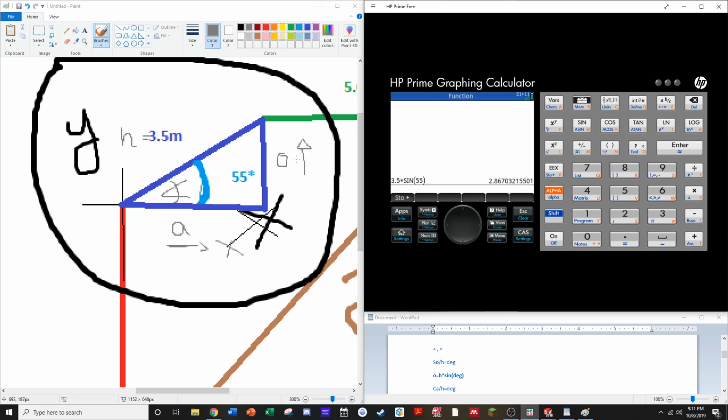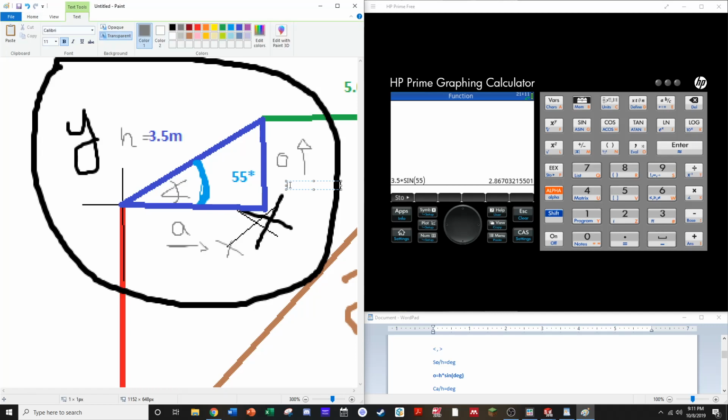So we just found our y value, and that y value is 2.8, and then we'll round up, so it'll be 2.87 meters. And that's our y direction. So we can go ahead and put that right down here. 2.87